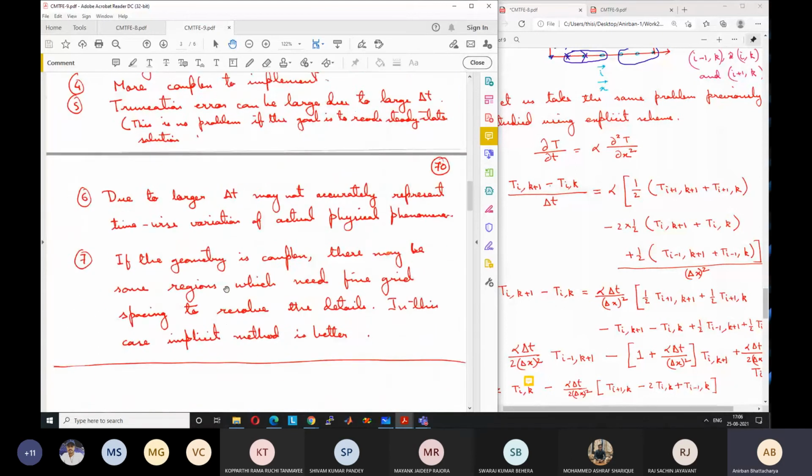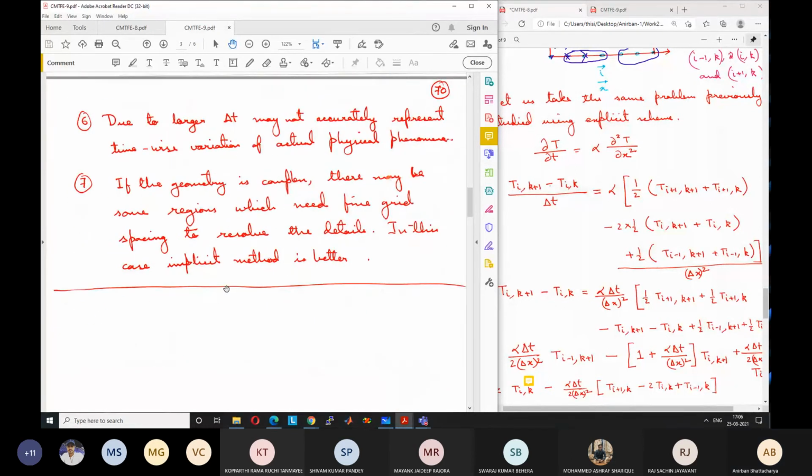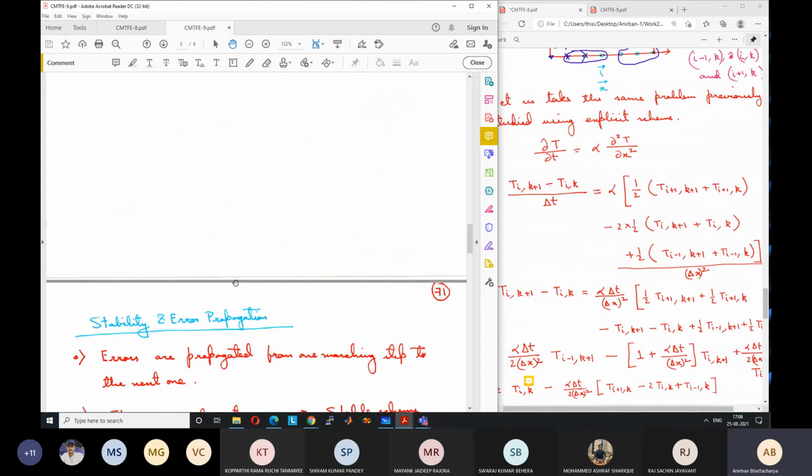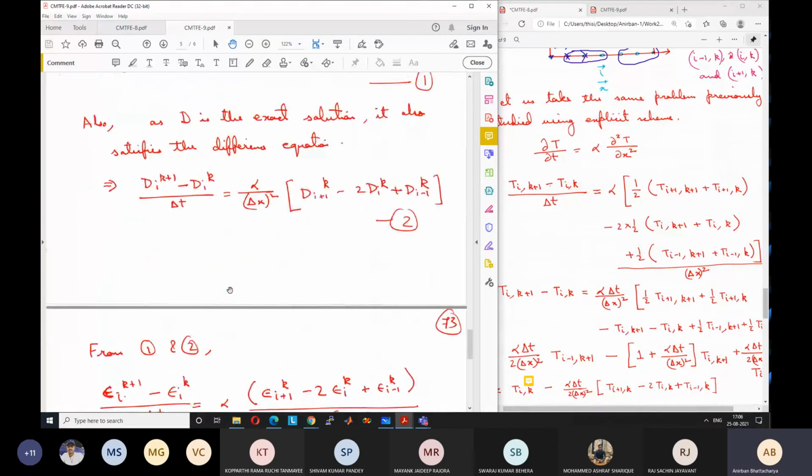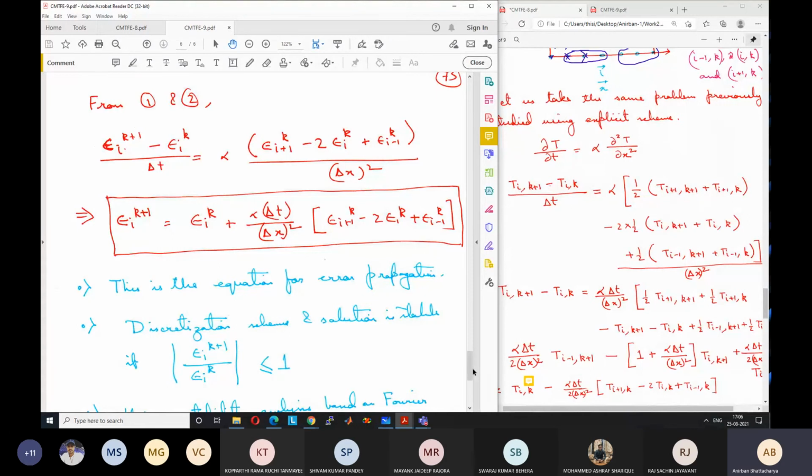So now what I will do is discuss with you an example problem which I am intending to give you as an assignment to write a program, so that you can have some practice on the finite difference method. And in the next class, we will have a brief discussion on stability and error propagation. And then we will go into finite volume method for the rest of the course.